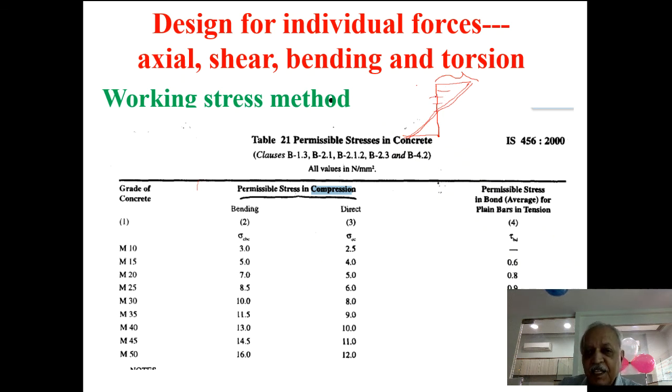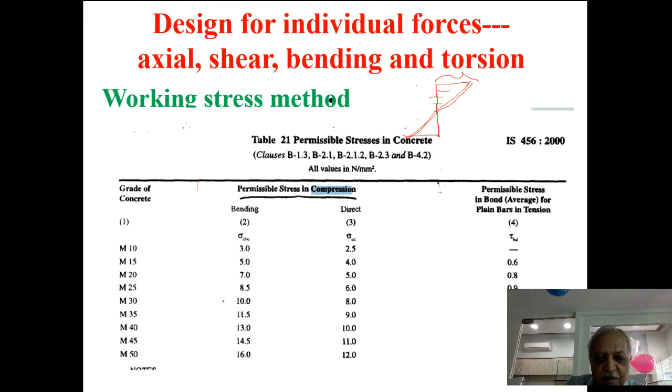So we see that if at all you want to specify what is the permissible stress in compression, then only one extreme fiber will be carrying that, and all other fibers have got much more capacity to remain elastic, but we are not able to utilize them. So code has indicated that if it is a compression due to bending, you better use slightly more, because you are having only one fiber which will carry that, while all other fibers will carry less. The result of that is you have got better margin available.